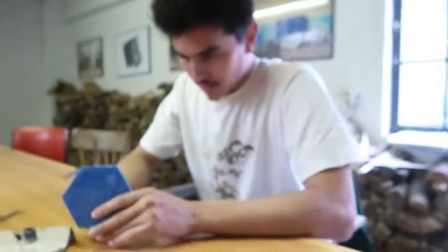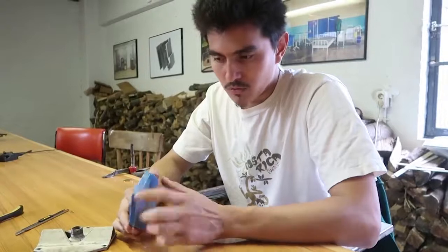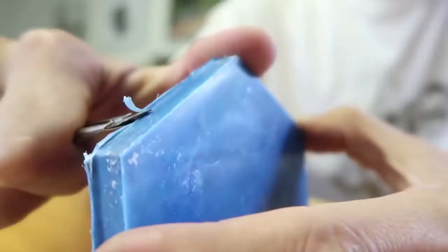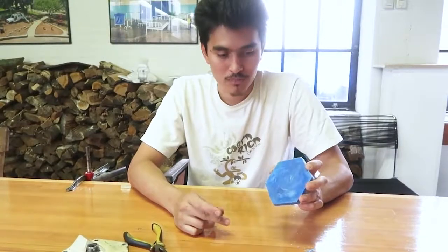So the piece is almost perfect. What needs to be done is we need to take a basic knife to remove the excess. So now that our piece is finished, we need to stamp it with the right